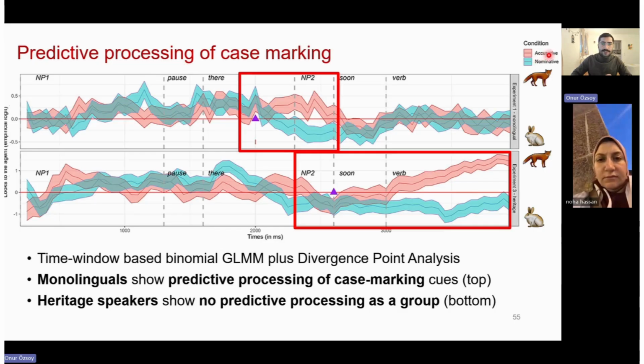So we see looks in the accusative and the nominative condition, the two sentences that we just had. They are given in red and blue. And then at the top, we see the result for the monolinguals, and at the bottom for the heritage speakers. And the time windows here give us the sentence. So this is the first noun phrase. Then there's a small pause of 300 milliseconds. Then we hear the word there. And then we have the second noun phrase. So either